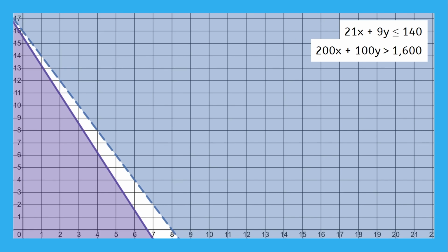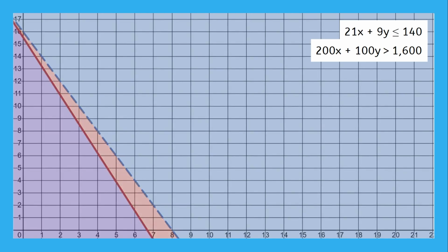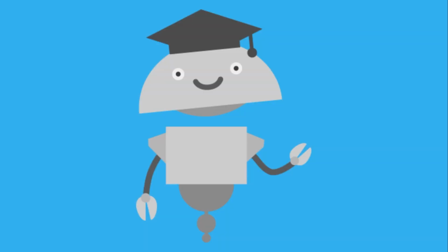So what's the solution? You probably figured it out already, but there isn't a solution here. Any amount of furniture that will fit on the shipment truck won't make enough profit. And any amount of furniture that will make the desired profit will be too much to fit on the shipment truck. This big gap between the shaded areas shows us that there simply isn't an amount of sofas and recliners that will all fit on the truck and make more than $1,600. The store will need to renegotiate how much money it wants to make or find a bigger truck.